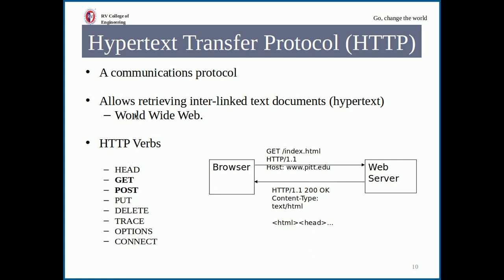There are various jargons used in HTTP, such as the verbs. You have GET, and POST is the most common, as well as many other things like HEAD, PUT, DELETE, TRACE, OPTIONS and CONNECT. So from the browser side, whenever a request goes,